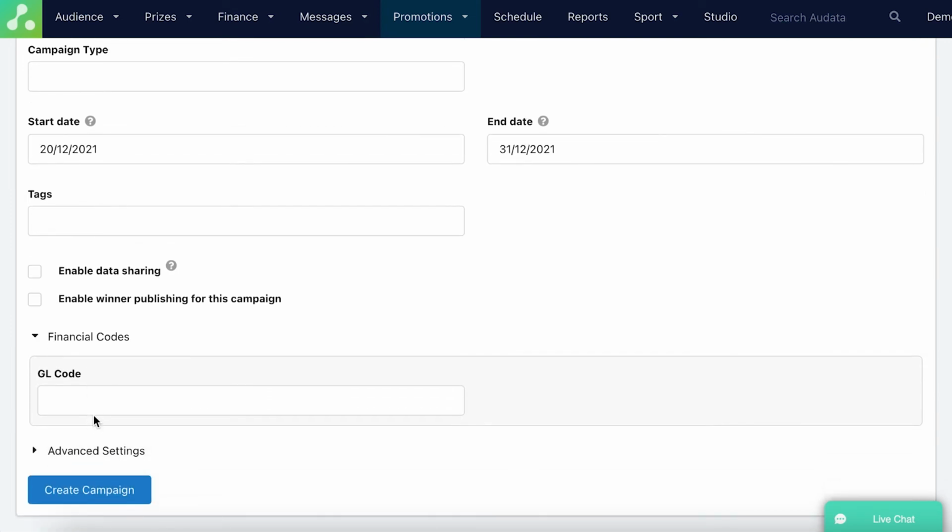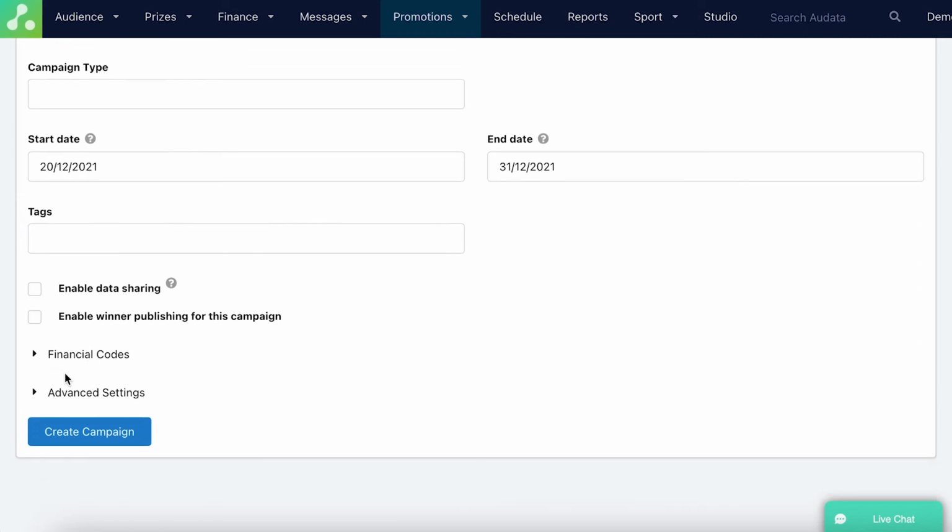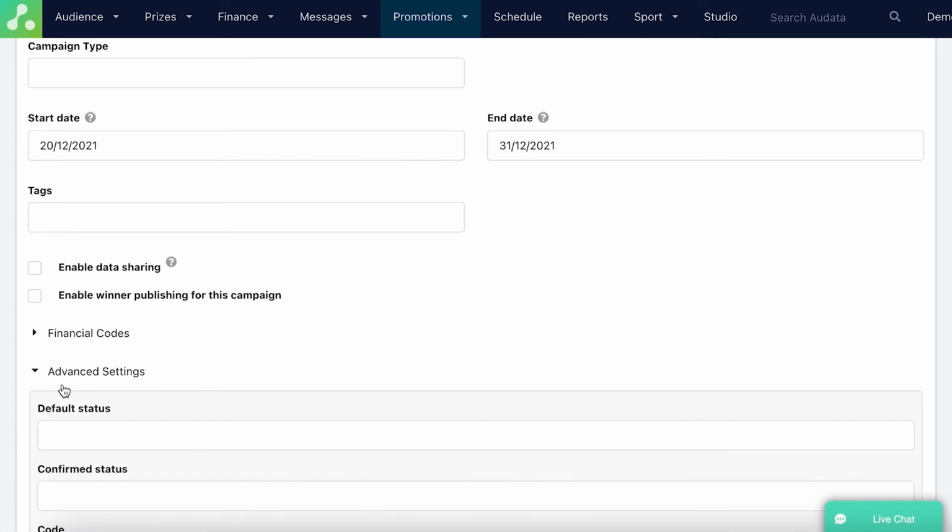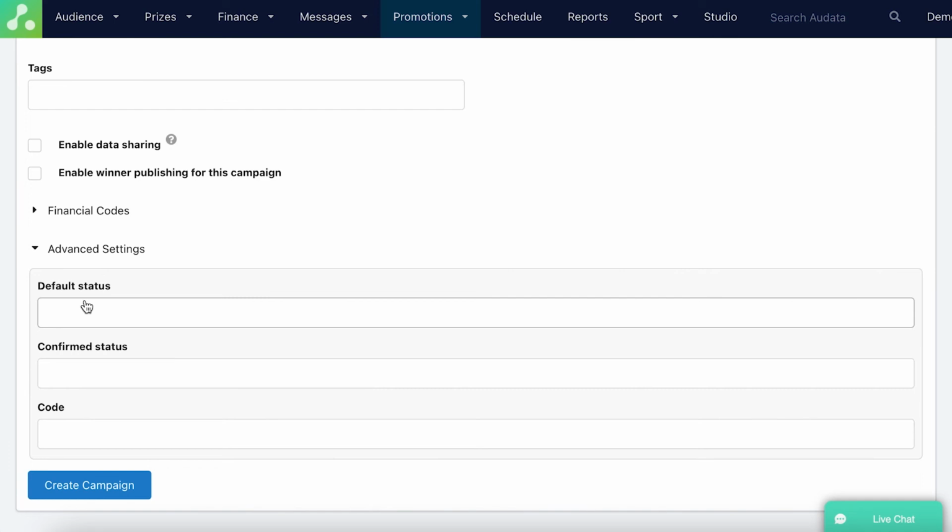Financial codes, these are only if it is a finance or a cash prizing campaign that you will need to put this in. Once you've put these codes in, and it'll look different for every station, then you will be able to award cash prizing, but you won't be able to do it without them. And just here in advanced settings, we've got our default status. So every time that we award a prize, there is a text message that is sent out and a status assigned to it. This is by default new, but we can select a different default status if we want to,